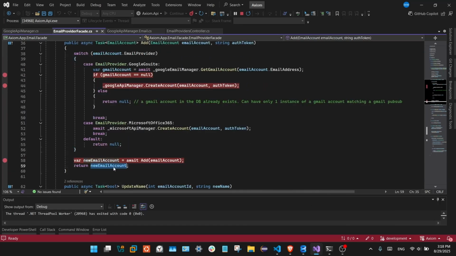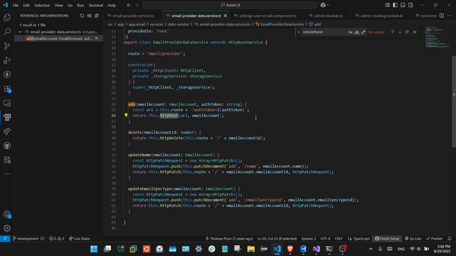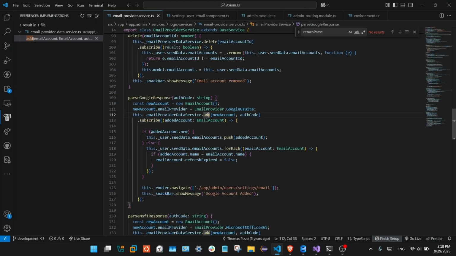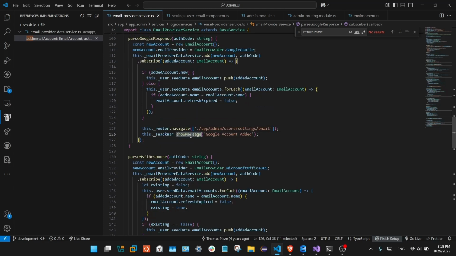Now, and then at the end, it sends this new object with all the new information back to the front end. Now, once we get here, we're just going to add it to the model in the front end. And it's going to show a message. And it's going to change the route